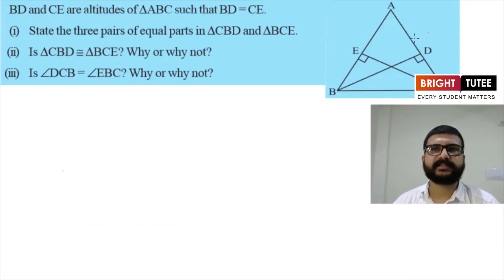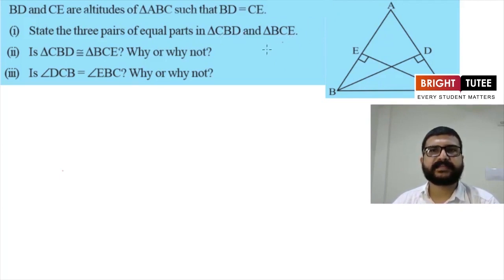Now here is one more question. The question is, that is this figure shown here. BD and CE are altitudes of triangle ABC such that BD is equal to CE. Here in triangle ABC, BD and CE are the altitudes and they are equal also. It is given in the question itself. Now the first question here is, state the three pairs of equal parts in triangle